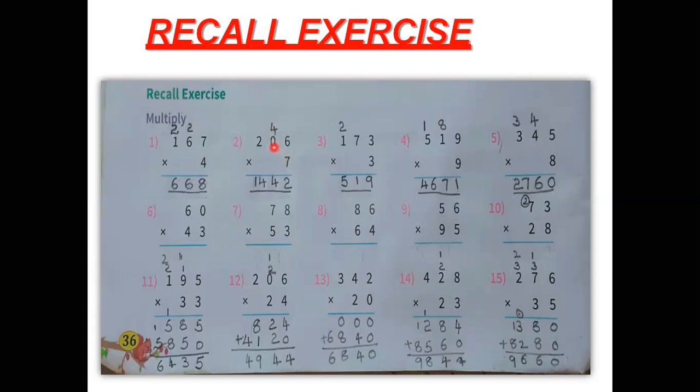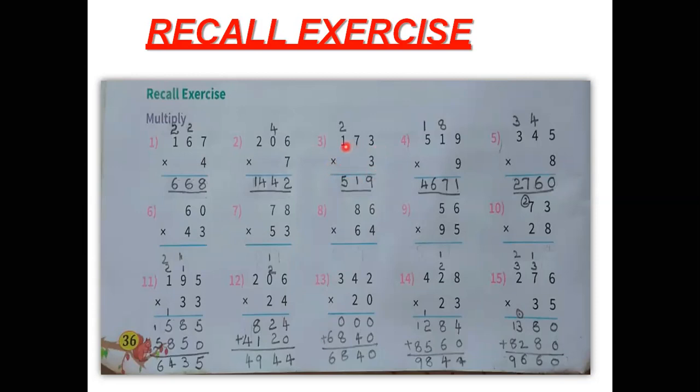Now here 0 into 7, these two you have to multiply. 7 zeros are 0. Now here the carried 4 is there. So 0 plus 4 equals 4. So that we will write here. Next these two you have to multiply. 2 into 7, or else 7 into 2. 7 twos are 14. Further here no number is there, so you can write 14 like that itself. So 206 if you multiply by 7 you will get 1442.